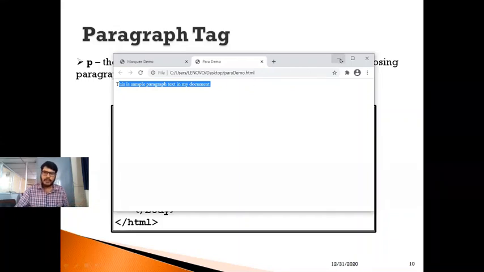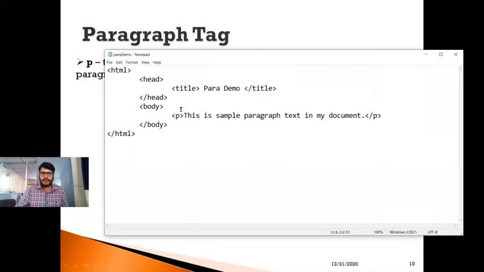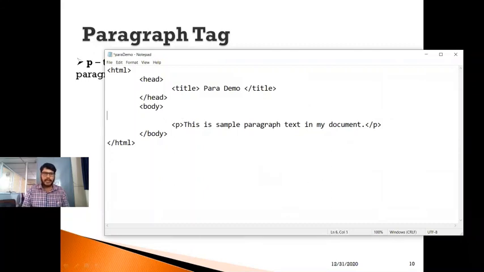Along with this paragraph, say for example, I want to include a heading tag. That can be done by using the h1 tag. So here let me write paragraph demonstration. Let me close this with the h1 closing tag.